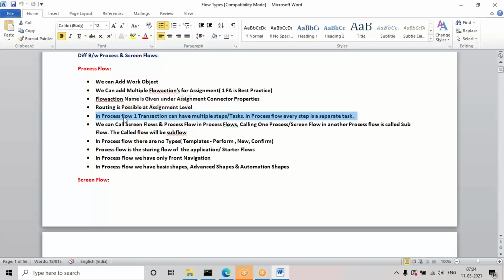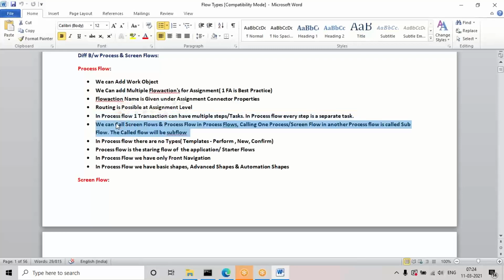Even if you have 5 or 10 assignments in a screen flow, the entire screen flow is considered one step or one task only. So in screen flow any routing applied is at the entire flow level, not possible at assignment level, but in process flow routing is possible at assignment level.